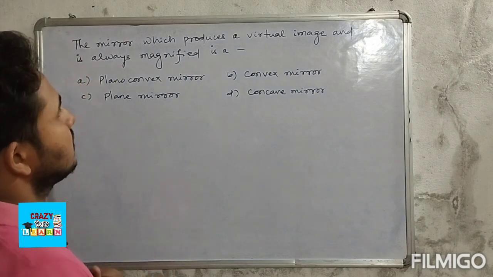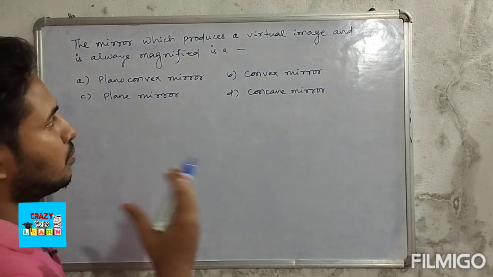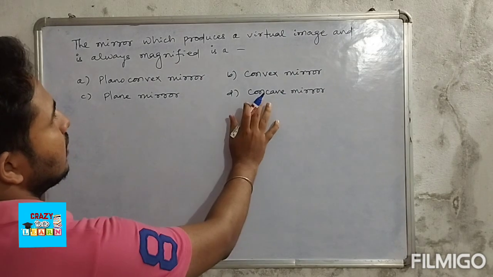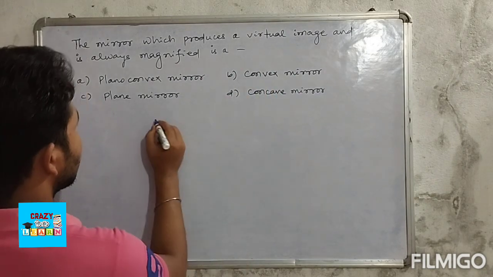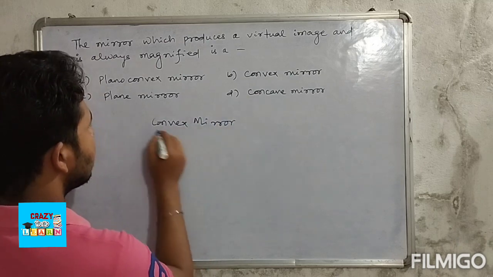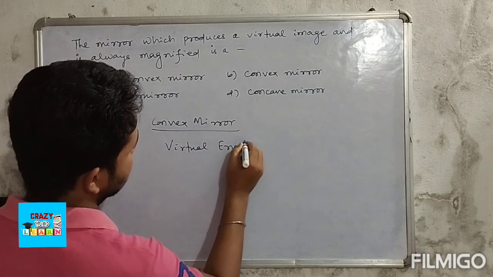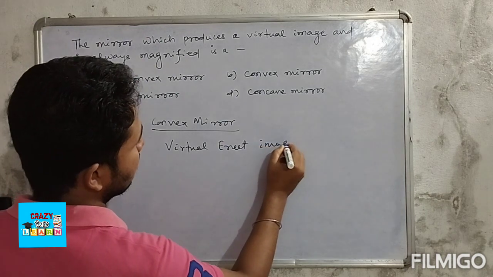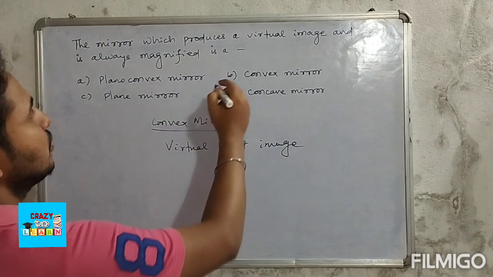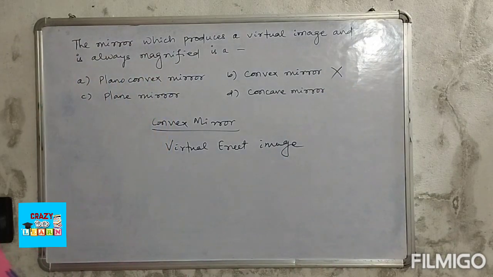We know that generally in our textbook we have a brief discussion about concave mirror and convex mirror, and we also know that convex mirror always produces a virtual and erect image. So undoubtedly the student will choose the convex mirror, but convex mirror is a wrong answer,